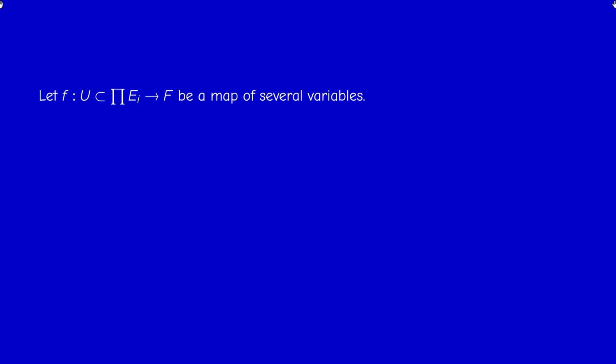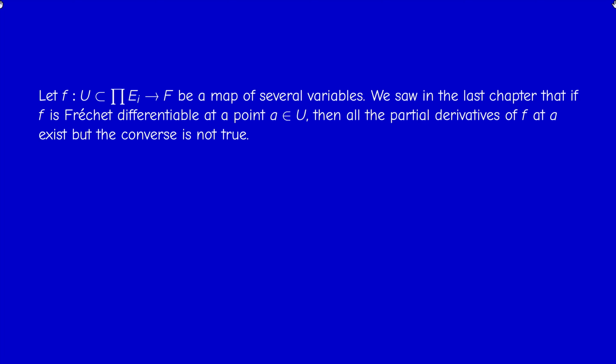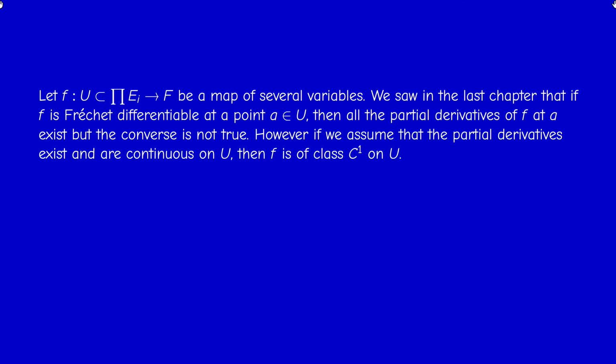We know that if you have a function of several variables, then Frechet differentiability at a point implies the existence of partial derivatives at that point. But we gave an example showing that the converse is not true. However, if we put further assumptions, if we assume that the partial derivatives not only exist at a point, but they exist on the whole domain and they are continuous on the domain, then actually f is of class C1. Okay, so this is the main